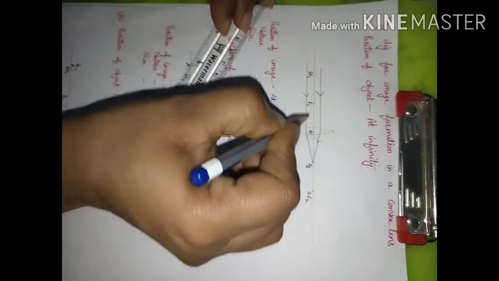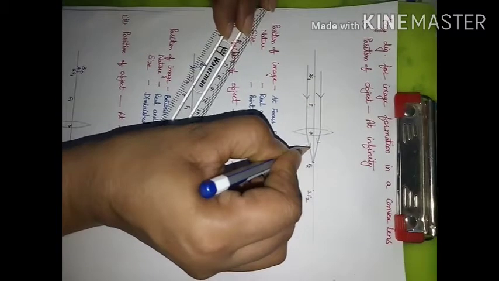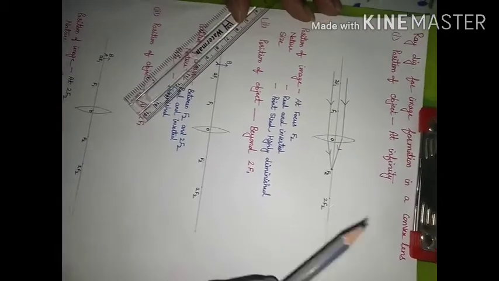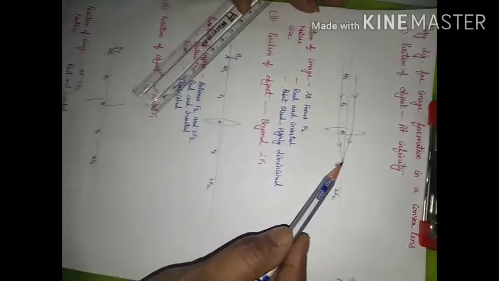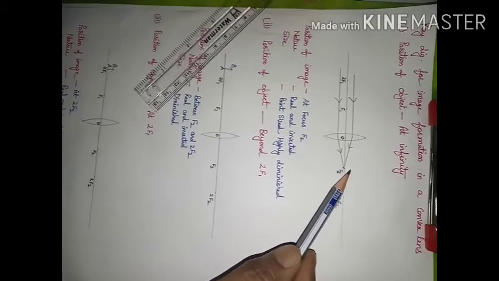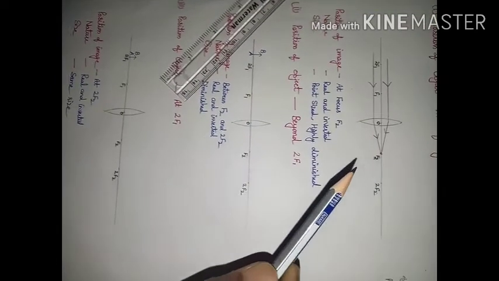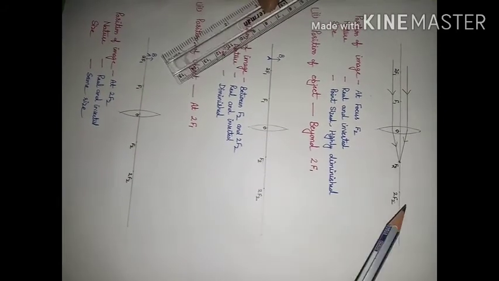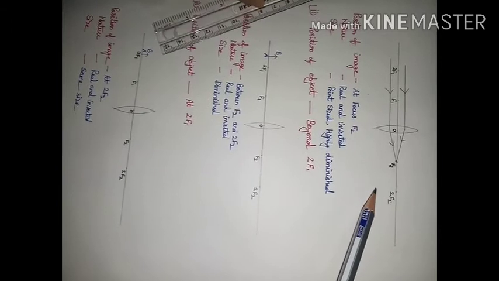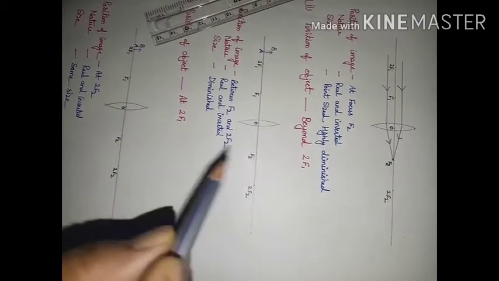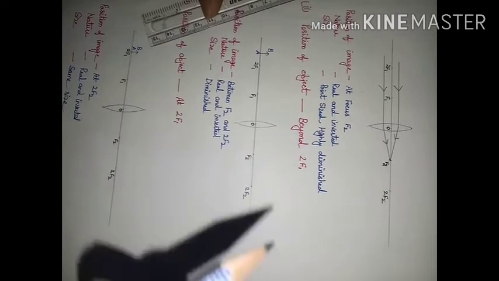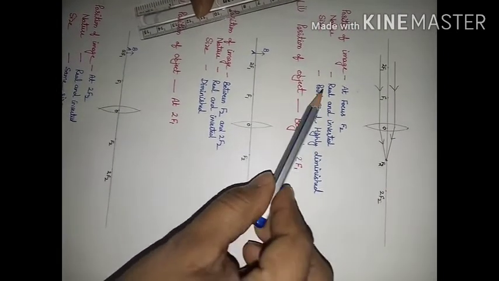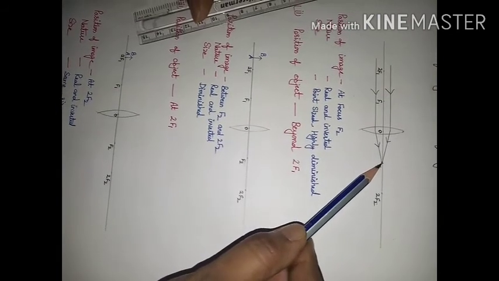So we are going to put an arrow. The size of the image, as compared to the size of the object, will come out to be very small. When you consider the focusing of light coming from the sun, you can see the image of the sun comes out to be very small as compared to the size of the sun. In the video on burning of a dry leaf using a convex lens, you can get an idea about the size of the image. So the position of the image is coming out to be at f2.